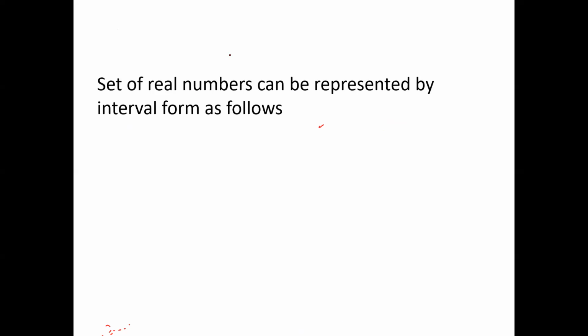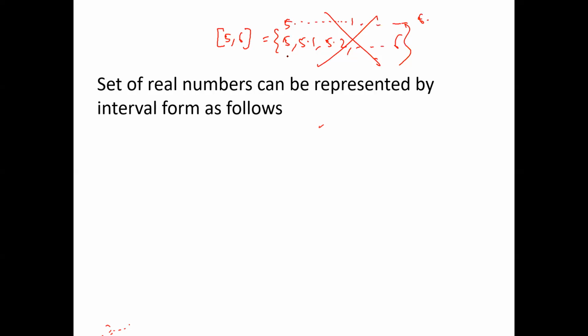An interval can never be written in roster form. Suppose I have the interval 5 to 6. Please don't try to write 5, 5.1, 5.2, etc., 6. This is completely wrong. You cannot write in roster form because it starts with 5.00000 and so on. You can sit down, keep saying zeros, and then write 1, and then go up to 6. So don't say any roster form for this set. It means all the numbers between 5 and 6, all real numbers.